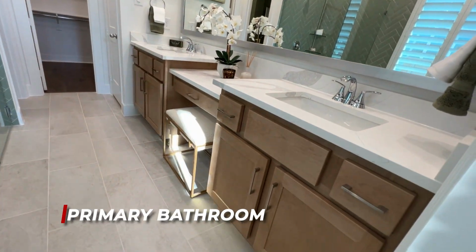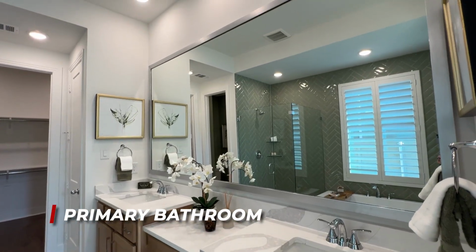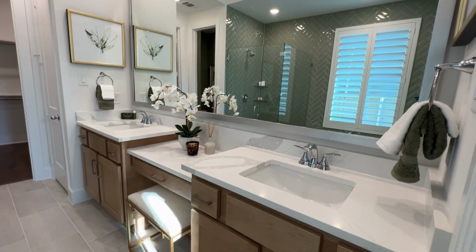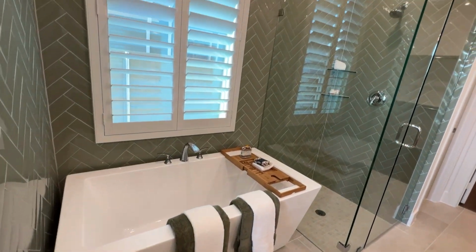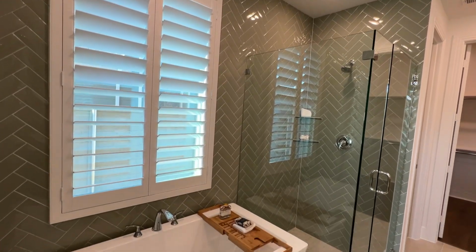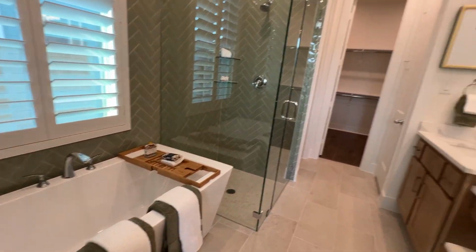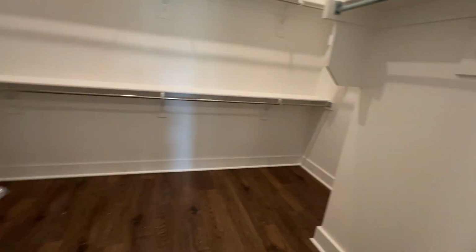Your primary bath has dual his and her sinks with a vanity area right in the middle. It has a beautiful soaker tub and a really nice large stand-up shower. I love the way they did the shower. It's well appointed. It looks like a spa in there. It feels like a spa when you walk through there. It's so pretty. And then, of course, they have a toilet closet and a linen closet,